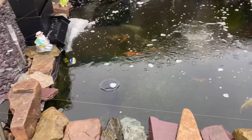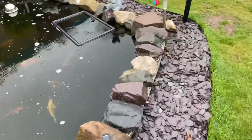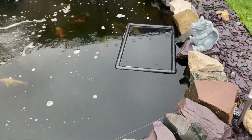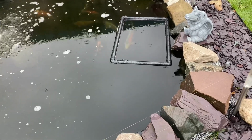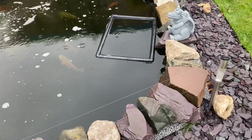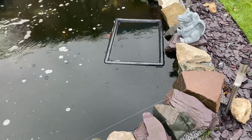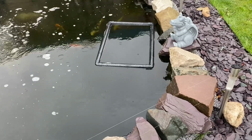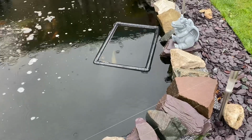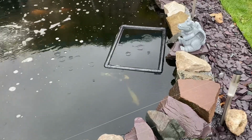It's been absolutely chucking it down all morning, but undeterred I've been out here doing pond stuff, and we now have the Mark II feeder, which is made from 1.5 inch. The 1 inch pipe was too light and they were just lifting it up, letting all the pellets out. So with the 1.5 inch, I've been able to put some water in it to help weigh it down, and hopefully it'll be more effective. I've not actually put any pellets in it yet, but there you have it, the Mark II